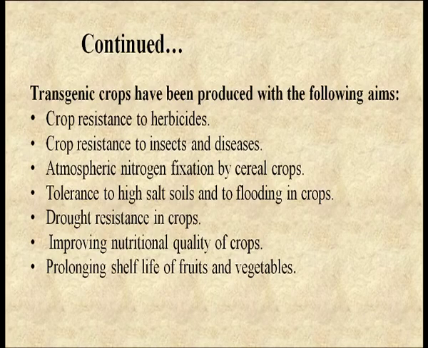Transgenic crops have been produced with the following aims: crop resistance to herbicides, crop resistance to insects and diseases, atmospheric nitrogen fixation by cereal crops, tolerance to high salt soil and to flooding in crops, drought resistance in crops, improving nutritional quality of crops, prolonging shelf life of fruits and vegetables. So, some important examples of transgenics or GMOs are